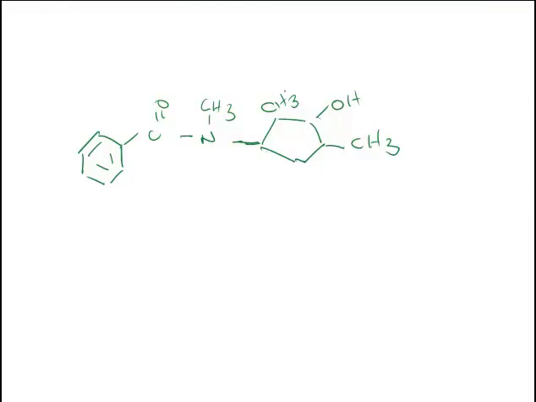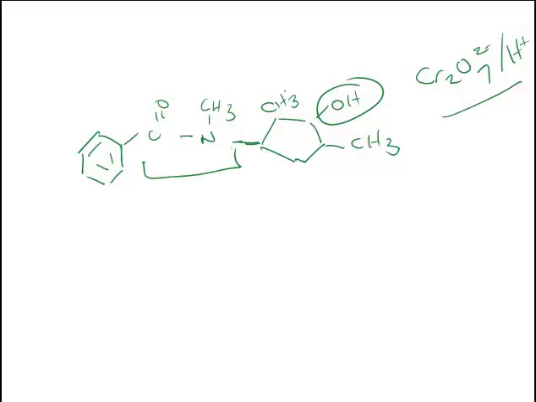Okay, now we're almost finished with this. We still have the OH group here, which we can use dichromate to get rid of, and that will change that. One thing we have to take care of, the reason we didn't use dichromate earlier, is because it is acidified. If we have a base present, it may react with that, and we really don't want that to happen. So at this stage, now that we've got the amide link, that really isn't going to happen. So that's why we left it to this stage. So we just have to redraw the final structure,